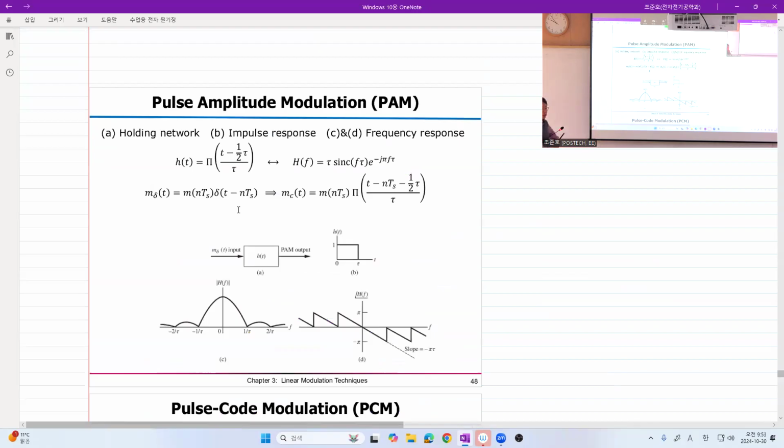Here goes some discussion about pulse amplitude modulation. And I believe the author somehow misplaced this topic, because analog pulse amplitude modulation, well, I don't know how many people still use it, but anyway. So the idea is like this. As you see in that figure,